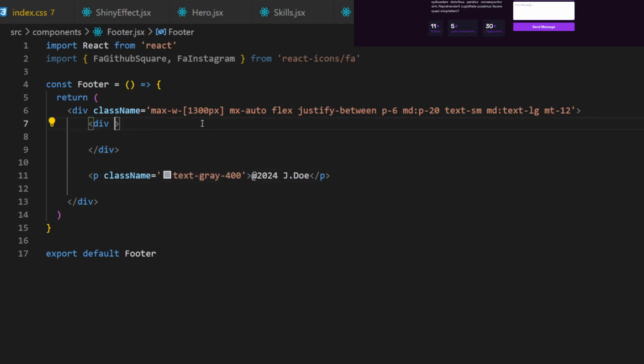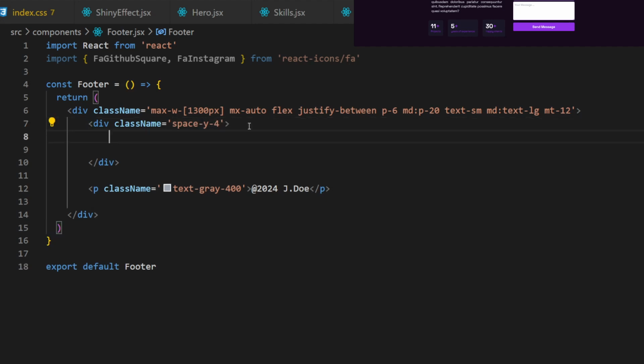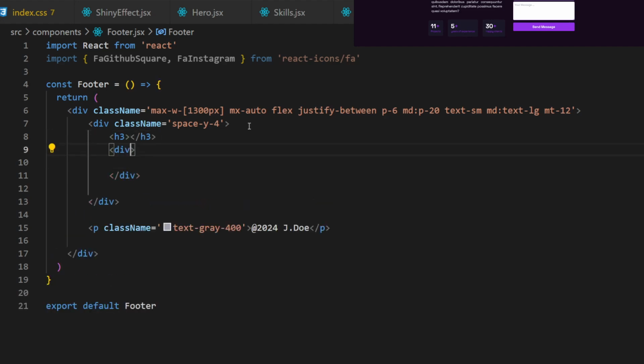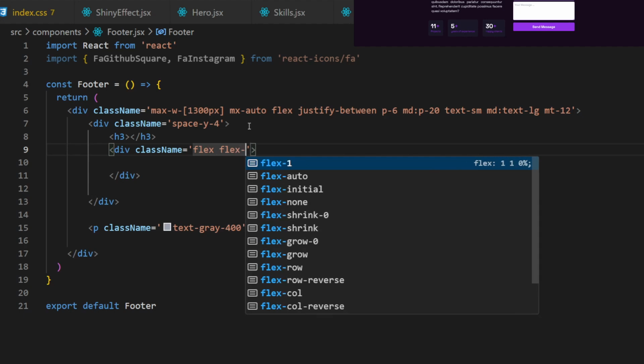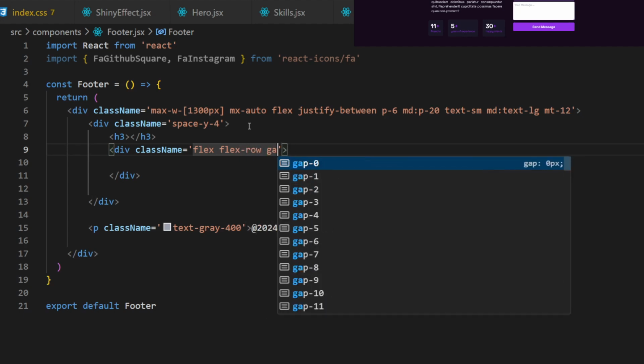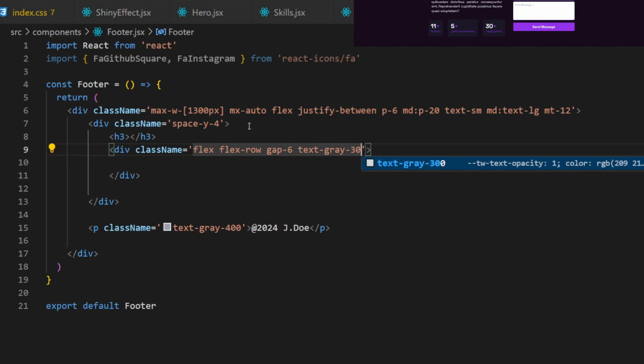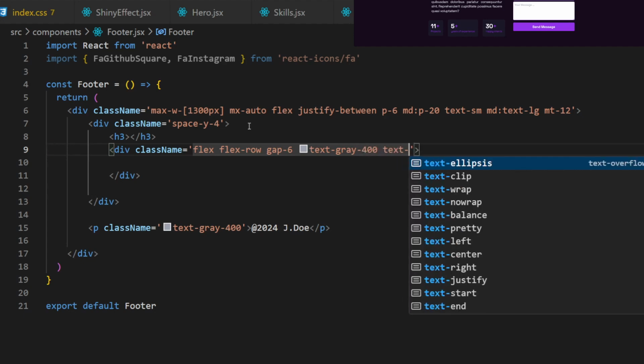and for the left div we will set space y4, so there is some vertical space between these heading 3 and icons which will be held in this div. So there I will set flexbox layout, flex row, gap to 6, text to gray 400, and text to 4XL,